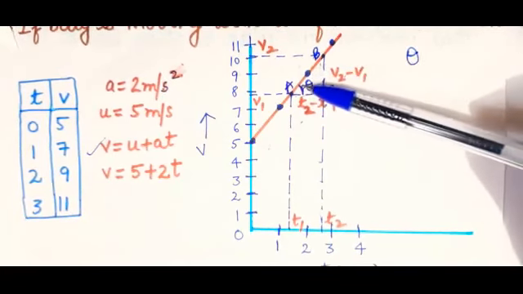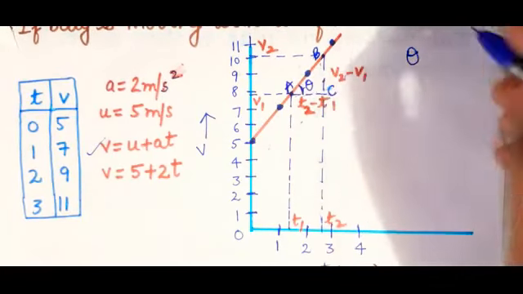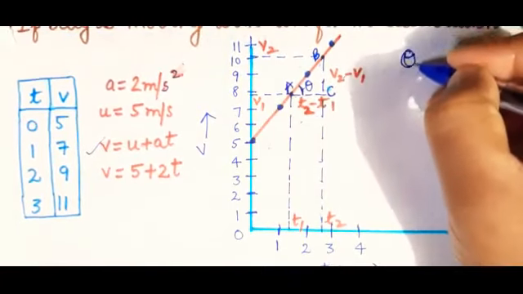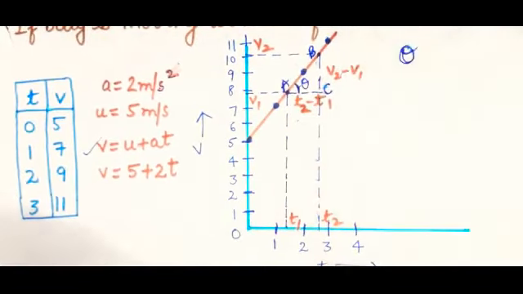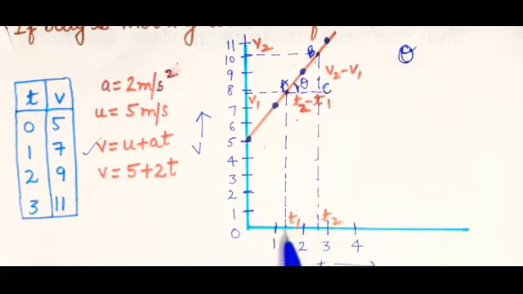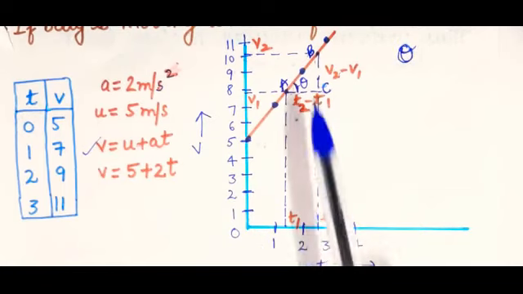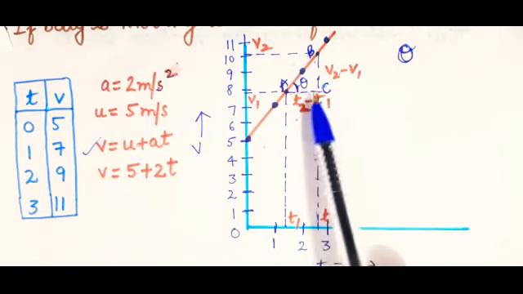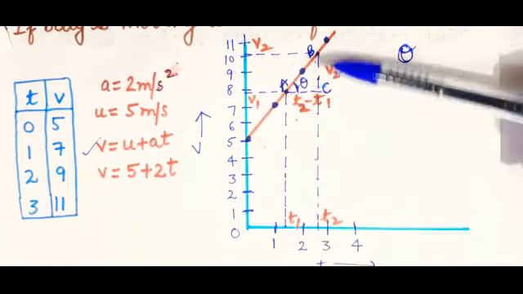Now name that angle A as theta. This is how you write theta. Now see, this is T1 from this point to this point. This is T2 from this point to this point. So what will be this? It will be T2 minus T1. This is T2 and this is T1. So this will be T2 minus T1. This line is parallel to this line. So what is the value of AC? T2 minus T1.